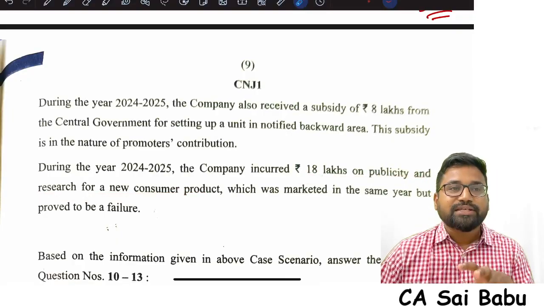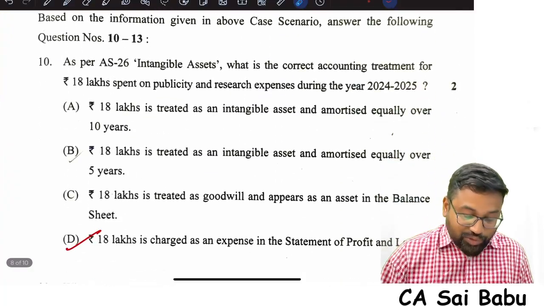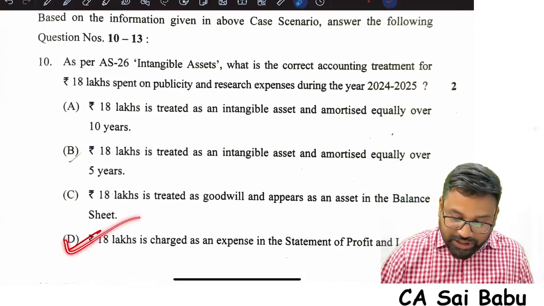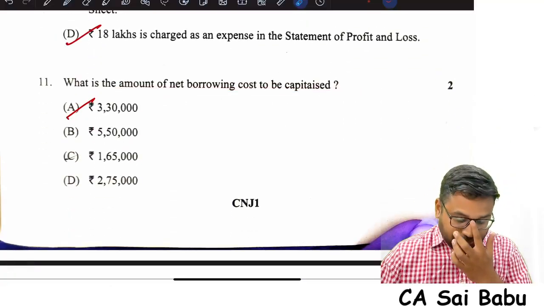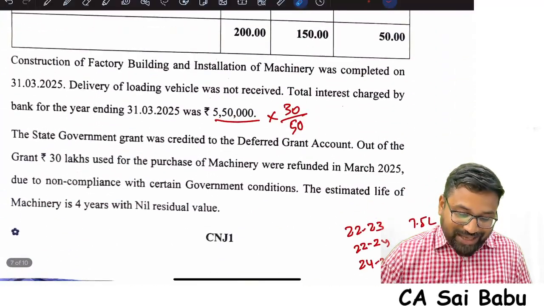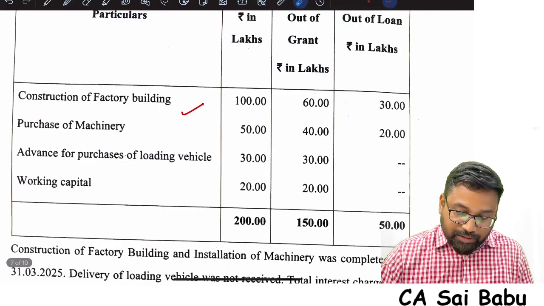If you read AS 26, they said any advertisement cost cannot be capitalized as an intangible asset. So immediately this 18 lakhs will be charged to P&L account. Next, what is the amount of net borrowing cost to be capitalized? Net borrowing cost to be capitalized is actually, total borrowing cost is 5,50,000, which is the bank loan we have